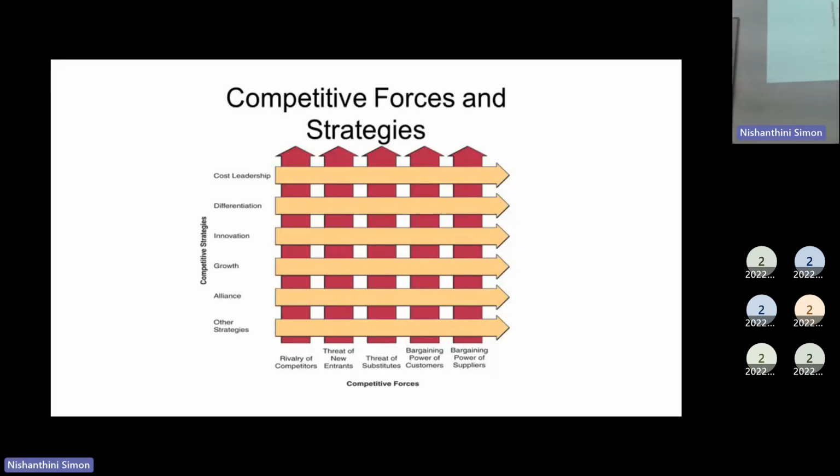The growth strategy is there. So what we are doing is trying to expand our business. So rather than working within limits, yes, we try to go out of this box, or we try to expand our business. So that's good. Then